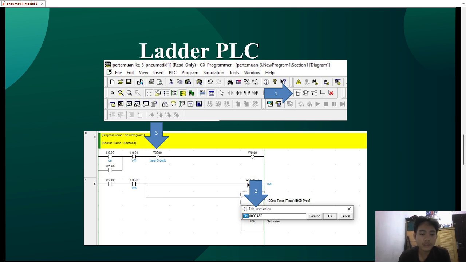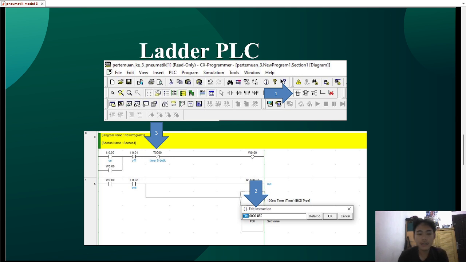This relay functions as a latching circuit, meaning that even when the on button is released, the system remains active. The system can only be turned off when the off button is pressed. The current path is interrupted, the output coil and the system relay are de-energized, and the system shuts down. This type of circuit is very common in applications such as motor start-stop control, production machines, and other automatic equipment.